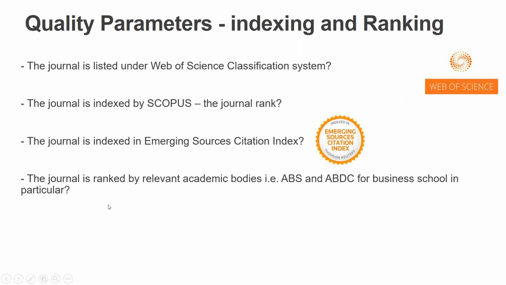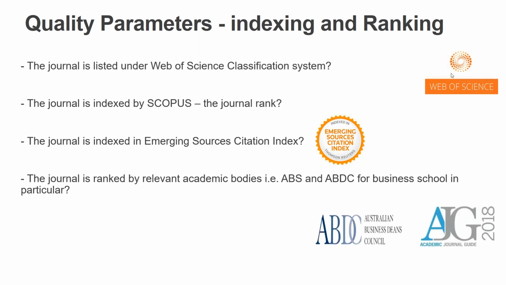And of course, the journal is ranked by relevant academic bodies, for example, Association of Business Schools and Australian Business Deans Council for business schools in particular, because I belong to a business school, so it's my field. And I can see that a lot of even education journals are listed there. Some sociology journals are listed there. So it's not limited to business school. You can find journals in psychology also ranked by these